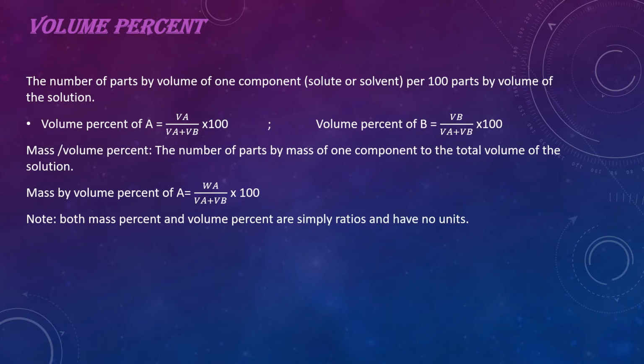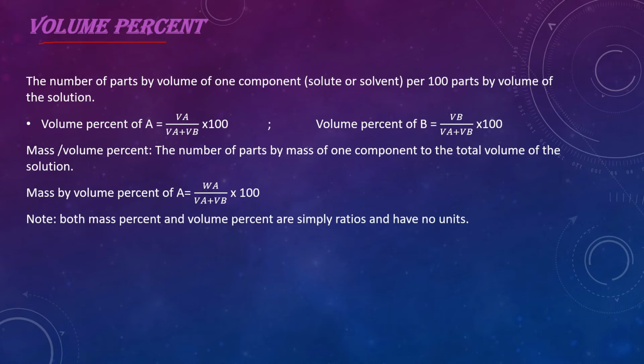Now the next method to express the concentration is volume percent. It is same as mass percent, बस हमको मास की जगह पे क्या रख देना है, वॉल्यूम रख देना है. और दूसरी चीज हमें ये ध्यान रखनी है कि वॉल्यूम अगर सोल्यूट का हम मिलीलीटर में ले रहे हैं तो सॉल्वेंट का भी, सॉल्यूशन का भी मिलीलीटर में लेंगे, और अगर सोल्यूट का लीटर में है तो सॉल्यूशन का भी लीटर में ही होगा. Means both the volume should be in same unit.